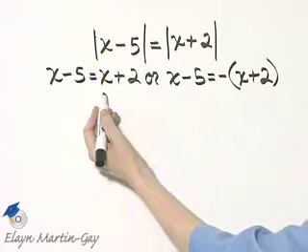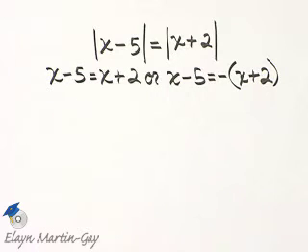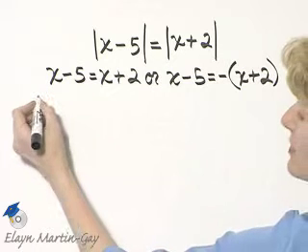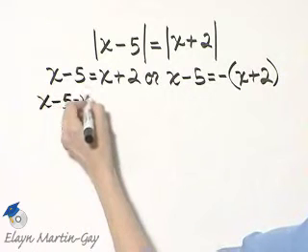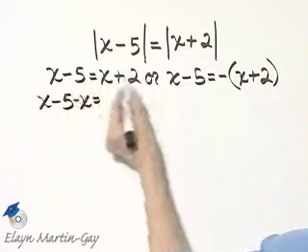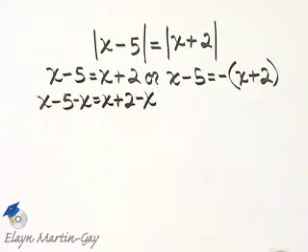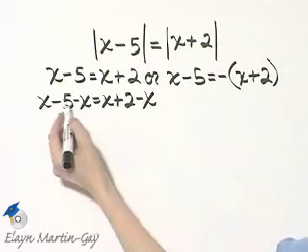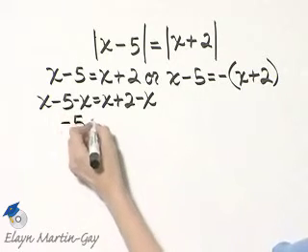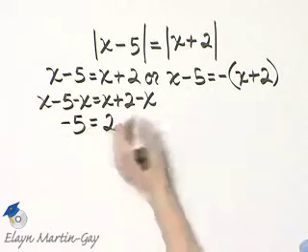No parentheses, no fractions. I will subtract x from both sides, moving variable terms to one side, constants on the other. So on the left side, I'll rewrite and subtract x. On the right side of just this equation, I'll write x plus 2 and I'll subtract x. And watch what happens. x minus x, that's 0x or 0, and I have negative 5 is equal to, notice the x's subtract out again, 2.